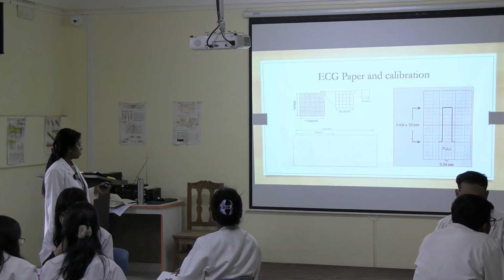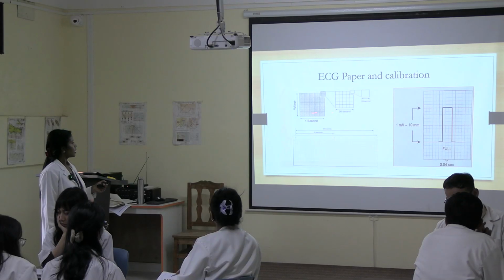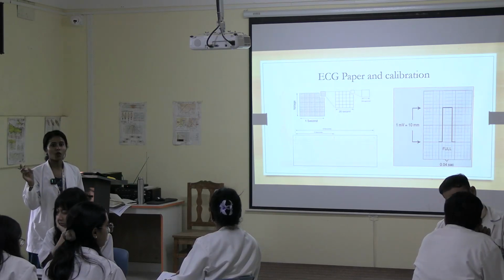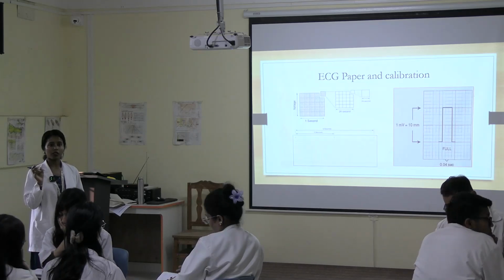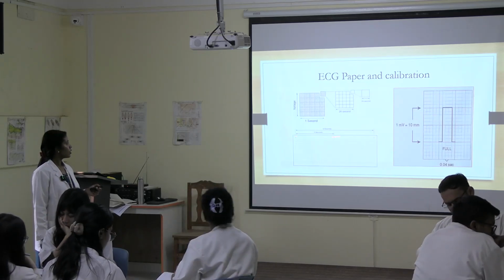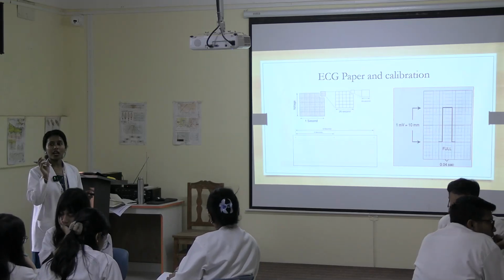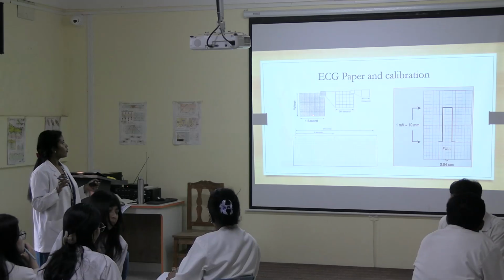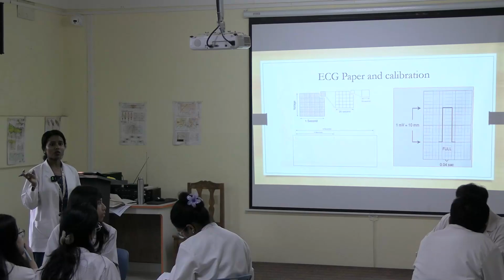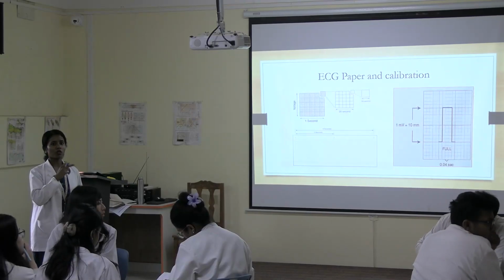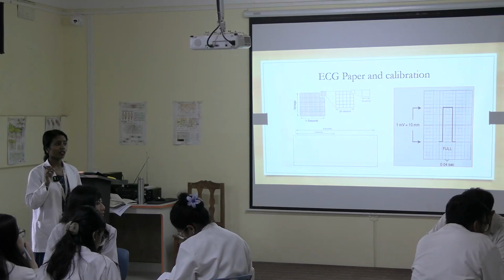Okay, so you can see, if you count 5 big boxes, that is equivalent to 1 second. That is equivalent to 1 second. So if you count around 6 seconds, there will be 30 boxes. 5 boxes for 1 second, so 6 seconds there will be 30 boxes. You have to remember that, because it will come when you have to do the heart rate recording if the heart rate is irregular.